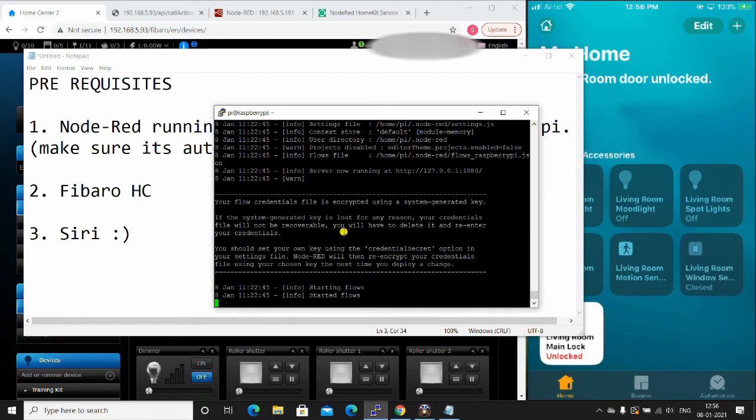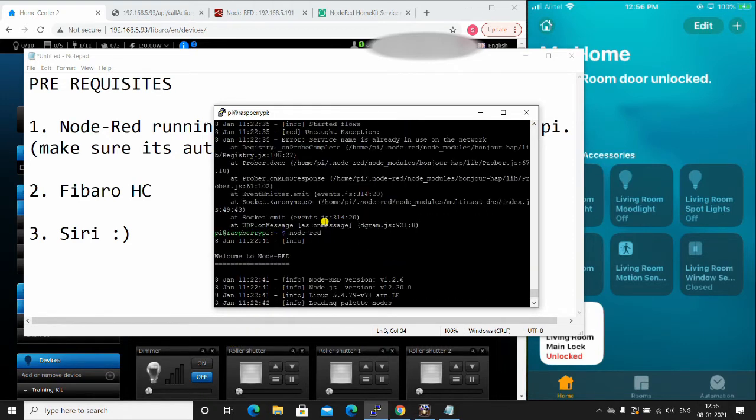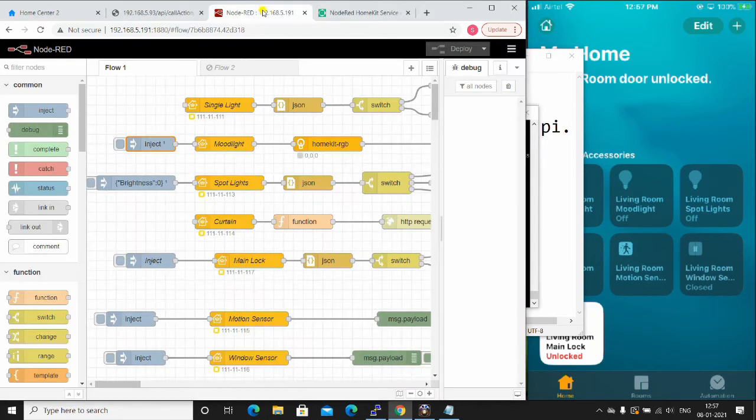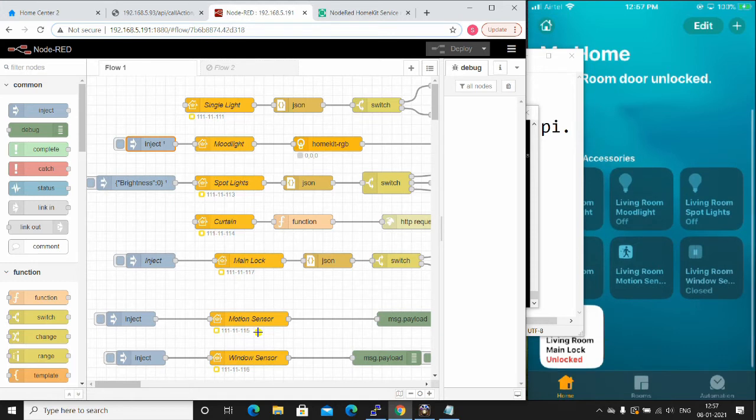After Node-RED is started, you can see that it comes up on a particular IP address, :1880. That's the port number that it starts on by default. So that's what I've shown over here. Here I have created a lot of nodes and a couple of flows, but for you it will be a plain page. I'll show you how to ultimately control all of these devices in this video.